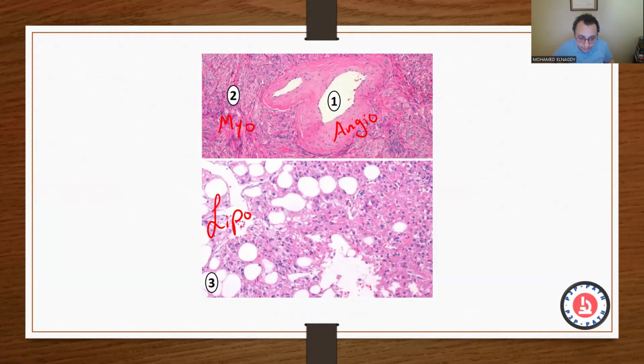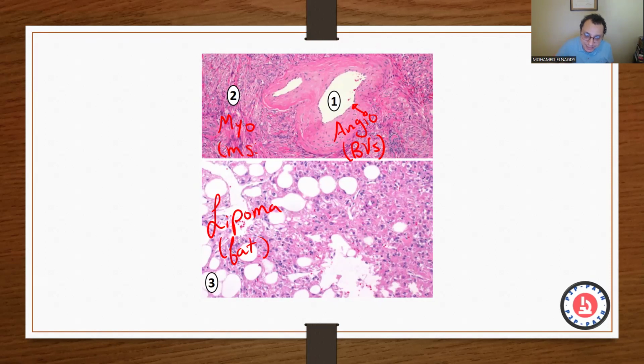Angiomyolipoma. So it makes sense. You see some spaces which are fat. This is fat. And you see blood vessels. But what's the characteristic feature of these blood vessels? They have thickened wall. So you have blood vessels with sclerotic thickened wall,